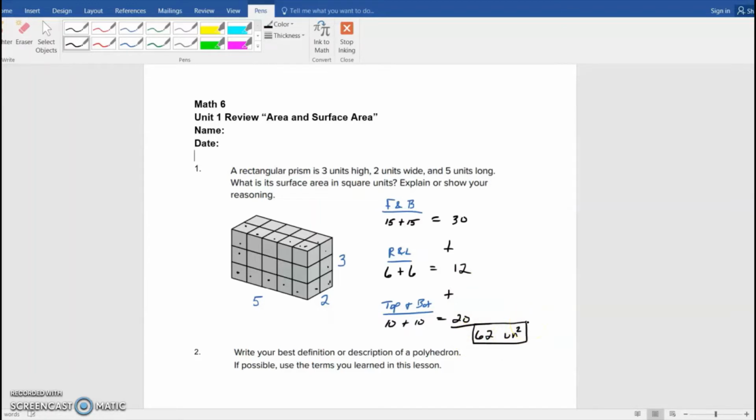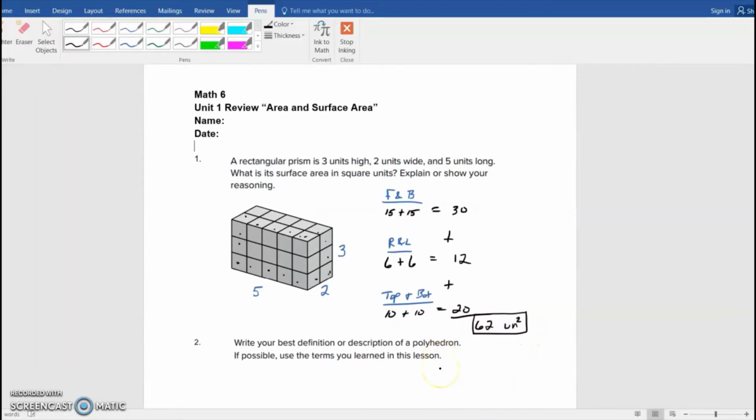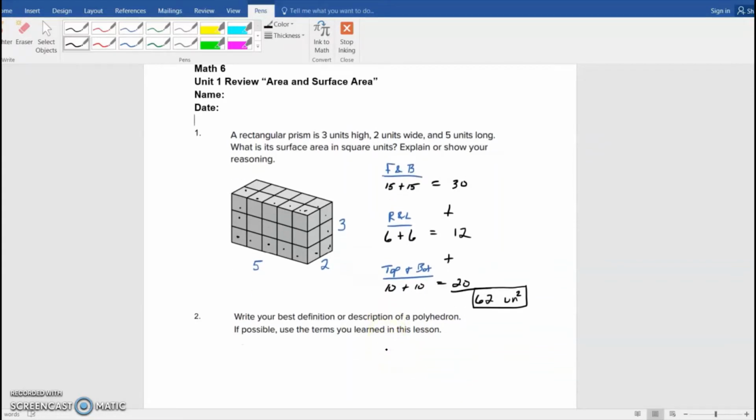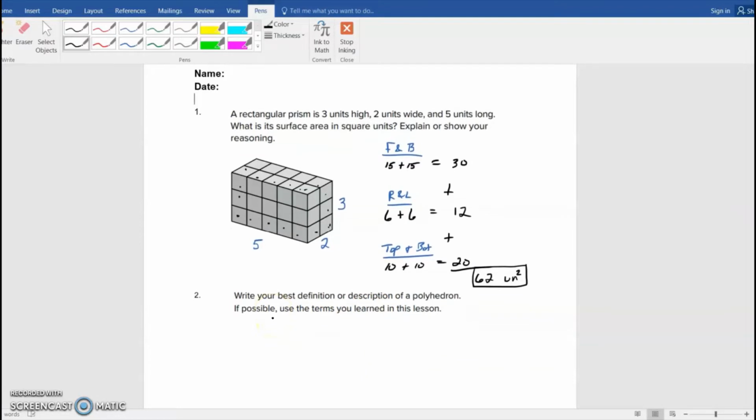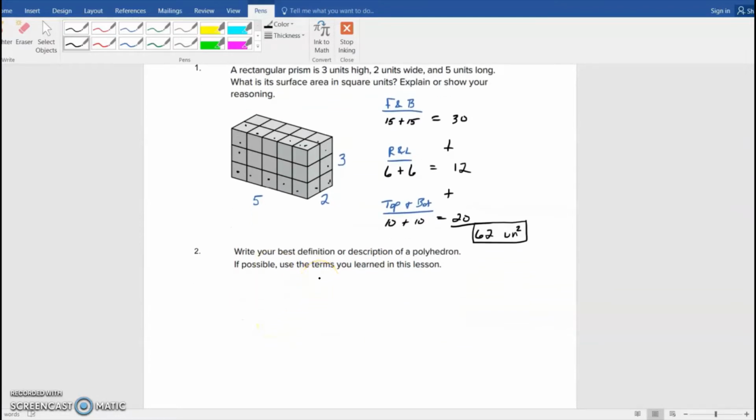Okay. Number 2 says, write your best definition or description of a polyhedron. So I'll kind of do both of those. If possible, use the terms that we learned about in the lesson. So first thing I know, poly means many. So we're talking about many faces in this case of a hedron, and we're talking about a 3D, three-dimensional figure